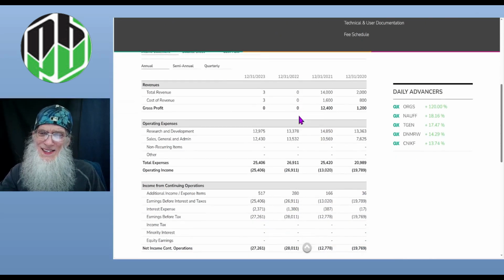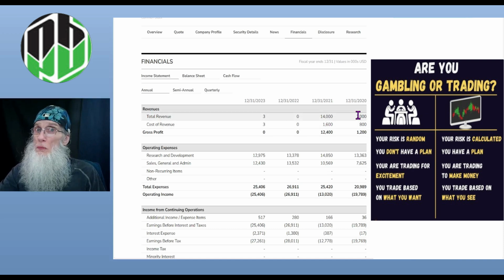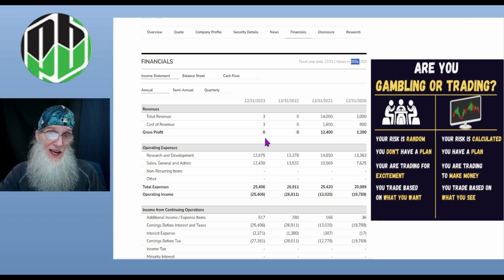Financials. This isn't looking all that bright. Now, I'm going to presume this was their ticker all this time. Maybe it was, maybe it wasn't, because this is a big difference in revenues. 4 years ago, we had $2 million on the books. We know that's millions because we've got to add 3 zeros to any of the numbers. 2021 was at 14 million, getting to keep 12 million. Then in 2022, COVID, boom, we're down to zero. Everything's zero. At the end of 2023, we were at $3,000, and it cost us $3,000,